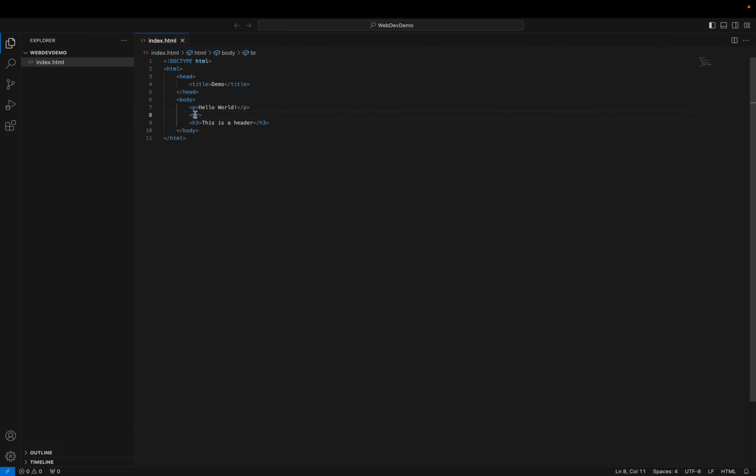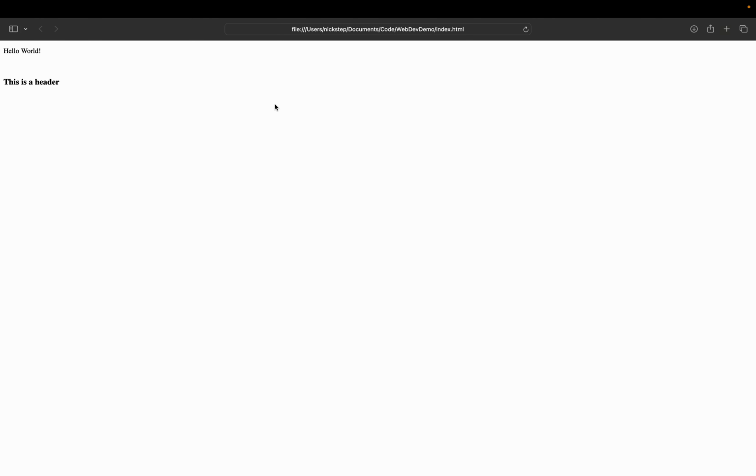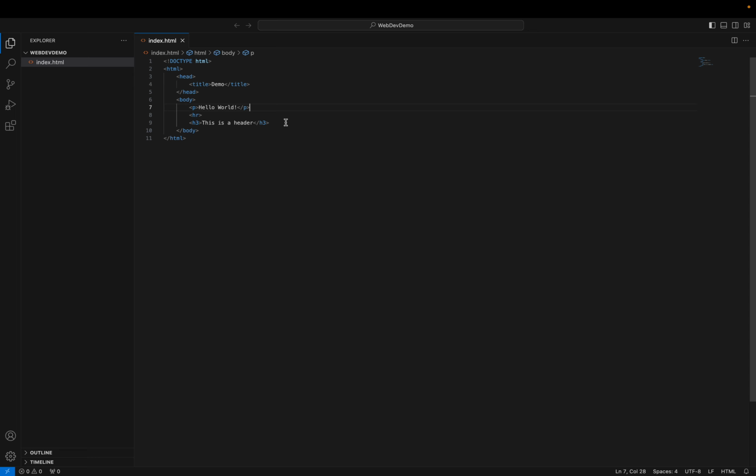An alternative to that, instead of BR, you can do HR, and that is a horizontal rule, which just puts a line across the screen. So that's more of a visual break in the screen than the BR was. That's another common one as well. Besides that, there